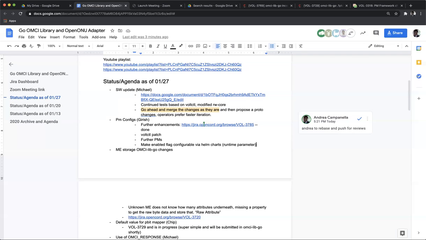Okay, we can also do it another way. I propose to put another flag, like an enable flag on top of the groups, which will control the collection of the PM counters for all of the groups or all of the sub counters. This will be a flag that controls the collection of the PM counters. But it's up to you. Sure, that's also a good idea. I can accommodate that.